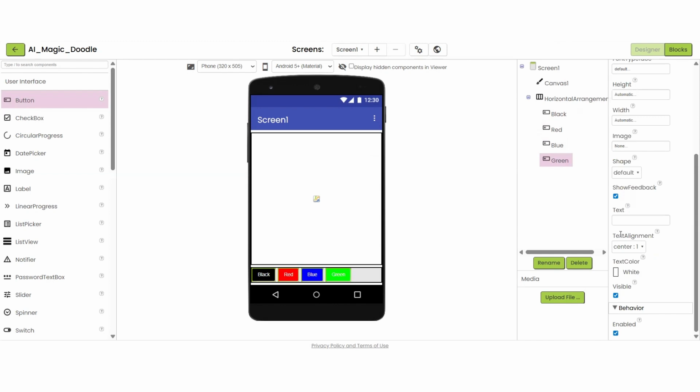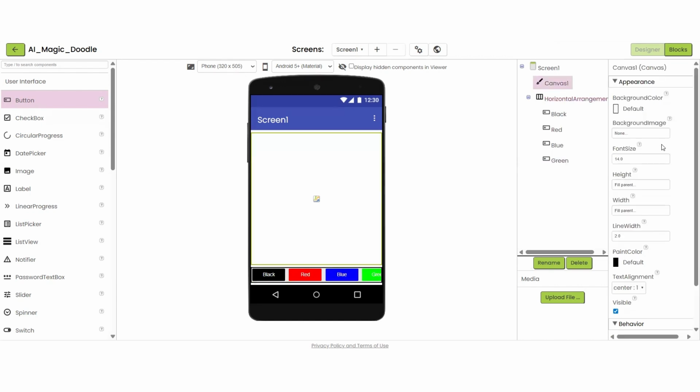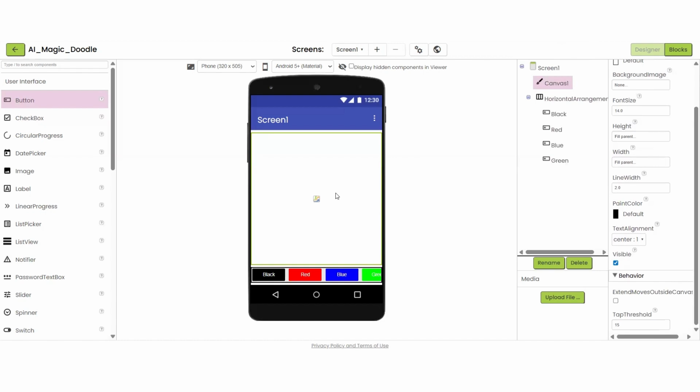You can go with any other bright color which will be visible on all of them. Next, I have to maintain a width so that all the buttons come in the same proper size. In this case, I'm going to keep the width as 25. You can choose any other number as well.